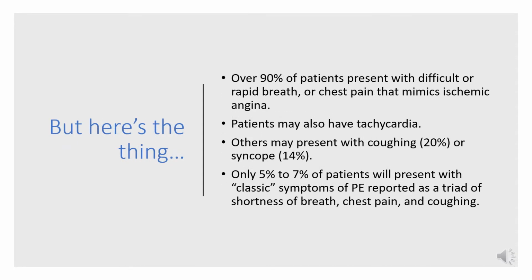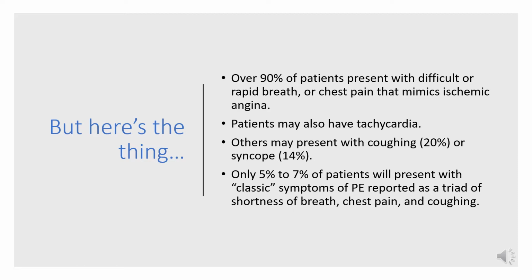But here's the thing. Over 90% of patients present with difficult or rapid breathing or chest pain that mimics ischemic angina. Patients may also be tachycardic. Others may present with coughing or syncope. Only 5 to 7% of patients will present with the classic symptoms of pulmonary embolism, reported as a triad of shortness of breath, chest pain,